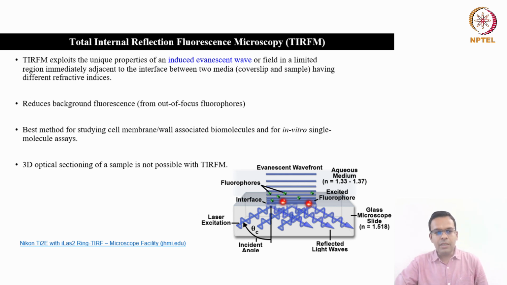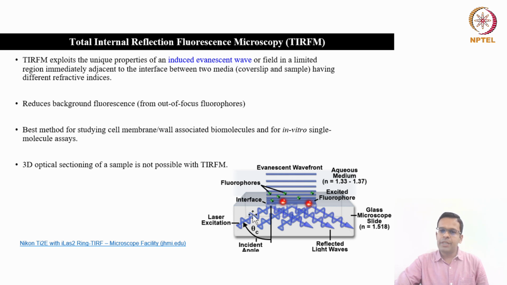Okay, now how does this technique work? So here you see that the incident light enters at a particular angle, and this angle is set in such a way so that the incident light is completely reflected. So this is the incident light and it is completely getting reflected. Okay, and because of this reflection it produces the evanescent field. Okay, so this is a physical phenomenon.